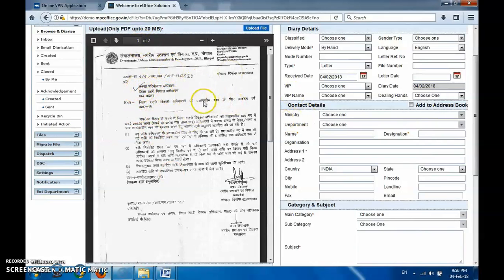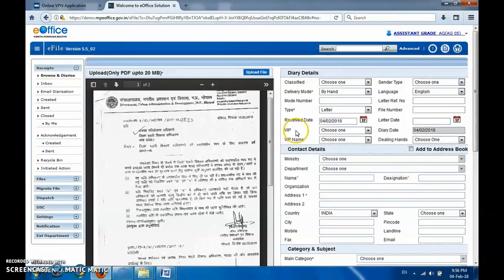Now on the right we will give some information. Red asterisk marks are mandatory fields, and other fields are not mandatory to be filled. These all fields are called metadata fields, and the more information you provide, the more easily the files can be searched in future, after 10 years, 20 years, etc. To save time, I am just providing info in mandatory and important fields only.